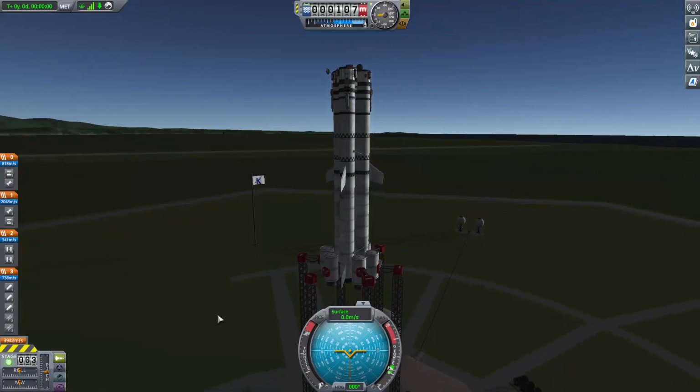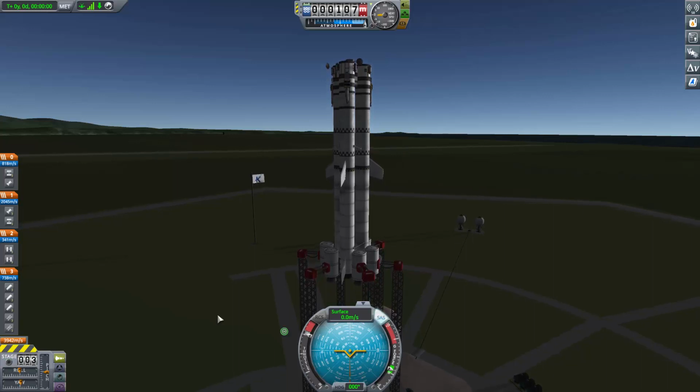Okay, this should fly about the same as before. Full throttle, stability assist, and I'm going to stop talking right before I launch because of the big spike in volume coming up. So 3, 2, 1,